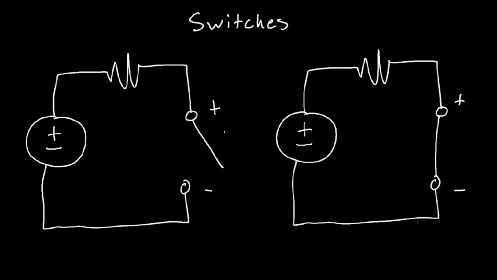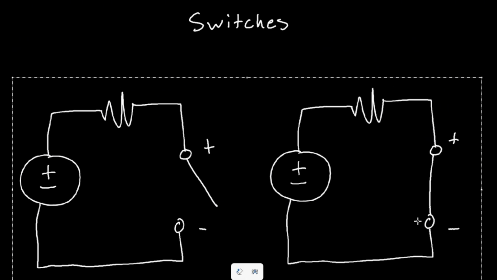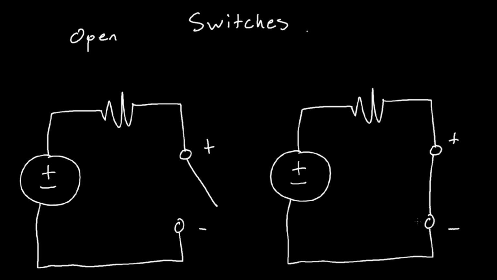So what I mean by switches is, anytime you have a light switch, this is an example of a switch. And maybe you've seen switches on circuits in real life, but they look basically exactly like the circuit diagram. So, what are the special traits of a switch that make it so different than other components of a circuit? Well, when you have an open switch like this, and this one here is closed,